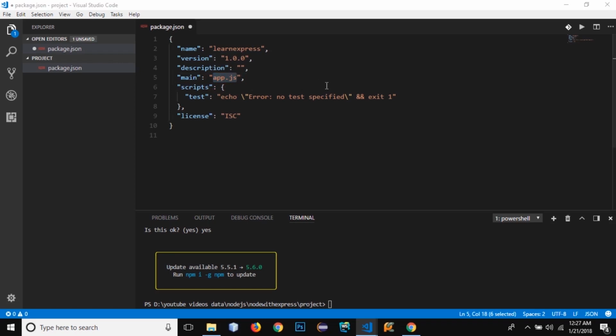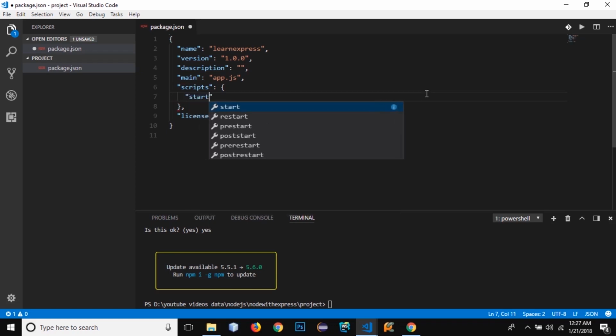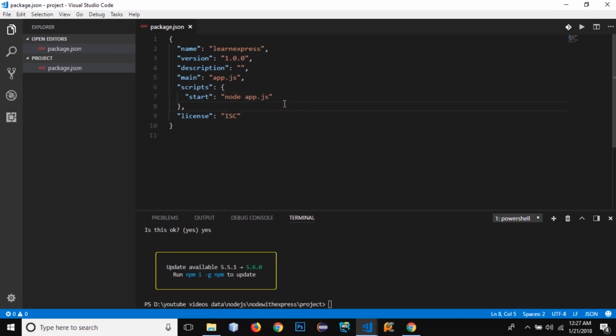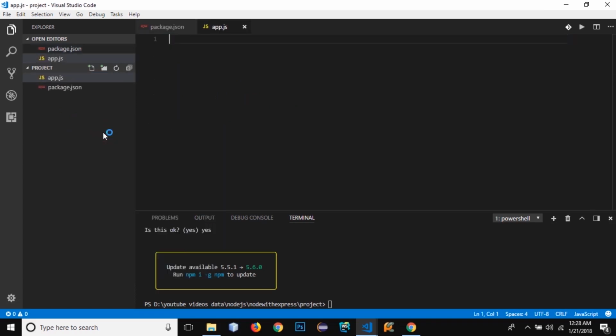Okay, so that's it. So now we have given it the information that the startup file is app.js. So it means that we have to create this app.js, and using the node command we can run this file. And for the script I need to remove this, and what I'm gonna write inside it is start and node app.js. Okay, so let's save this file,